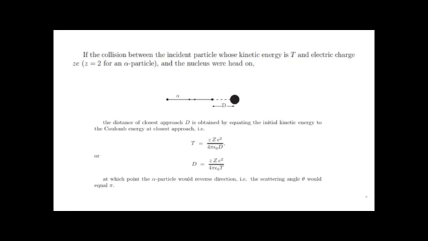In the diagram, capital D represents the distance of closest approach between the alpha particle and the nucleus. At the distance of closest approach, the potential energy between the alpha particle and the nucleus will impart the necessary kinetic energy for the alpha particle to go away from the nucleus. So, according to the conservation of energy principle, I can equate the potential energy at the distance of closest approach to the initial kinetic energy of the alpha particle.